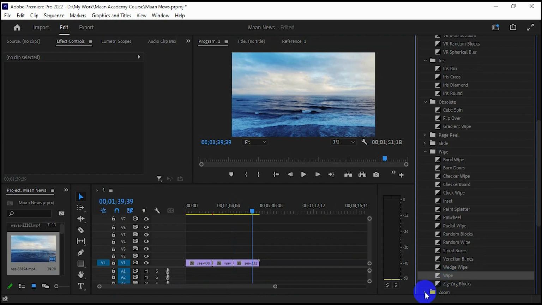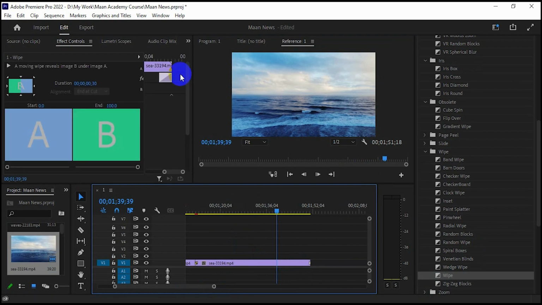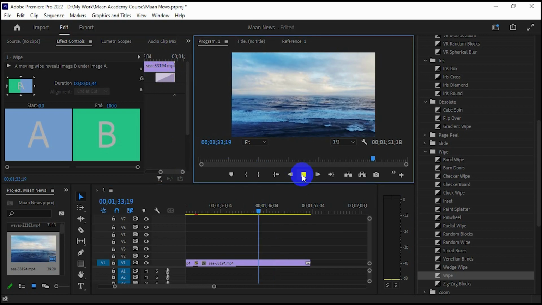Now we can see how to customize the wipe effect. You can control the corner point, then you can easily customize it. So I am applying the maximum